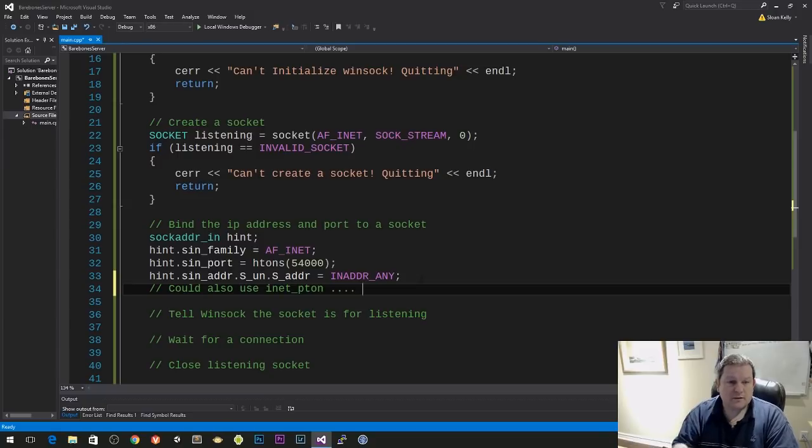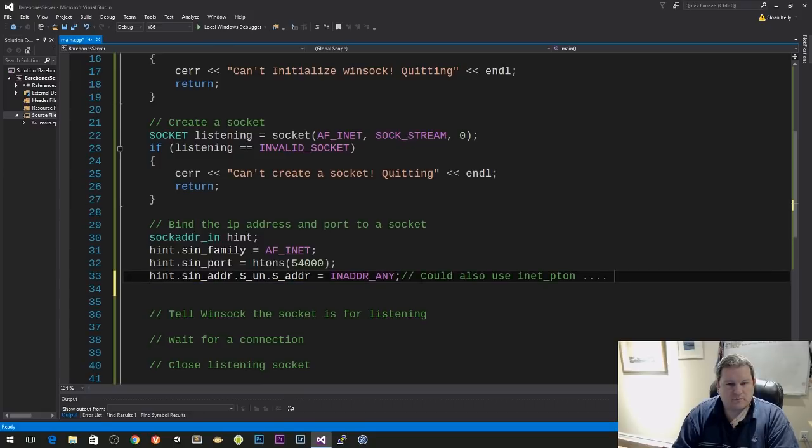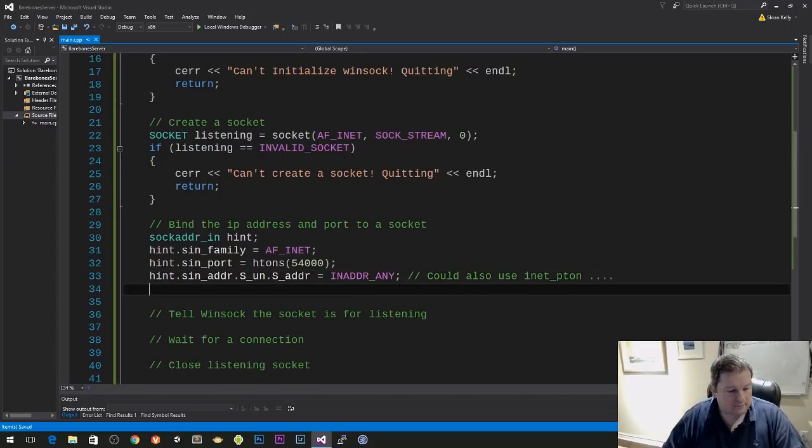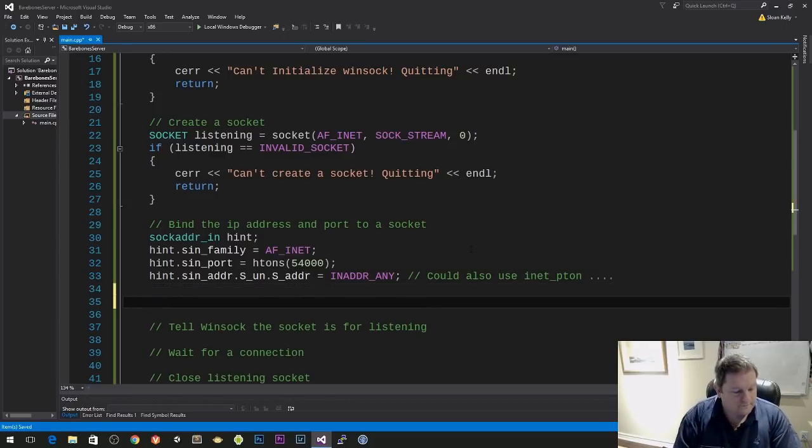We could also use inet_pton, and we can bind it to the local loopback address, but actually that's probably better off putting it there, I guess. Could also use inet_pton. Okay, so that's us filled in that. We then want to bind that to our